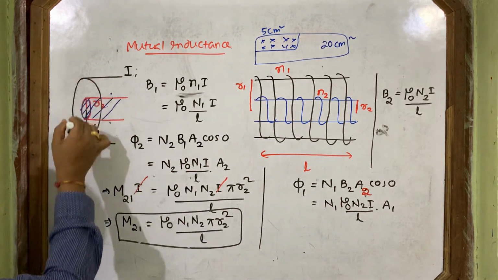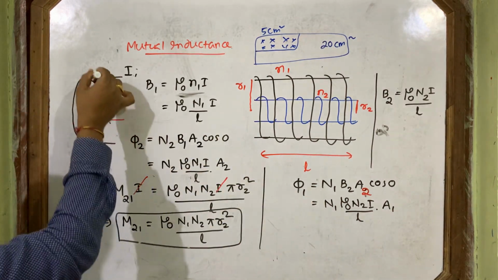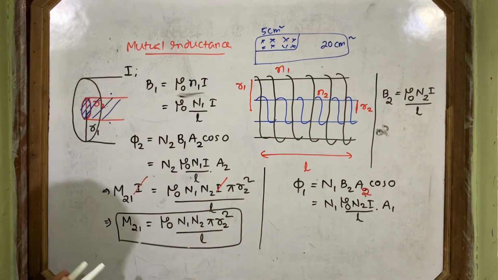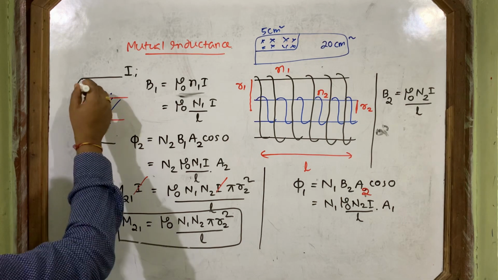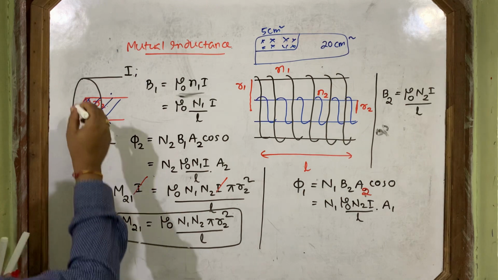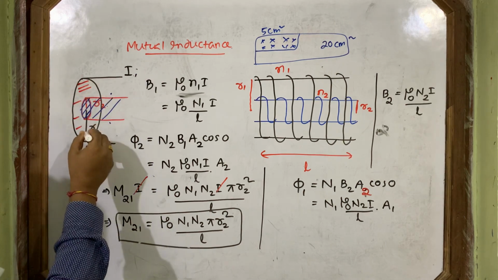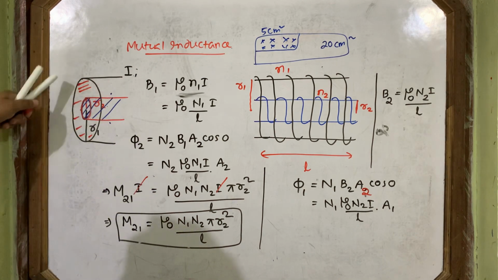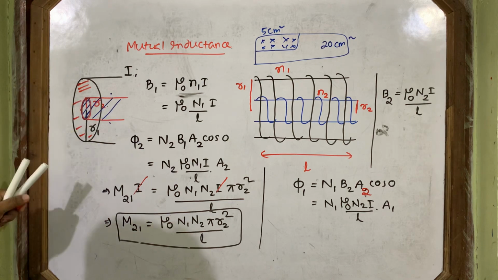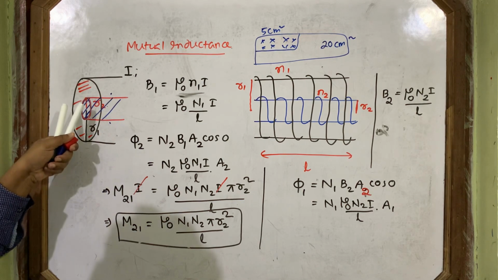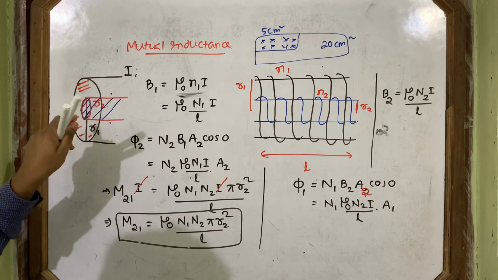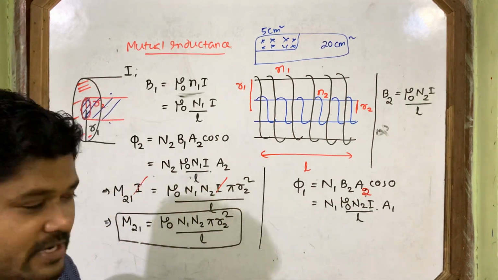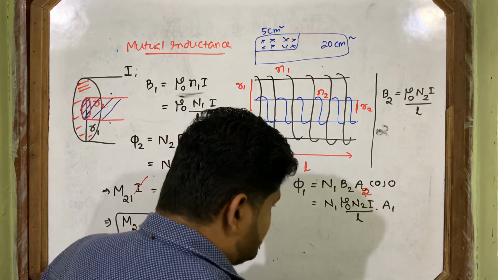So, the question is asked here, we are calculating the flux with the whole cross-sectional area, but unfortunately magnetic field is not there. In these regions, I am showing now in red pen, there is no magnetic field. Only it is confined within this region. So when I told to calculate flux with the whole area, though area is there, you have to take only this small area as magnetic field is only present within the small area. So A2. Again you have to take only A2. Now you understand what biggest mistake we did here.